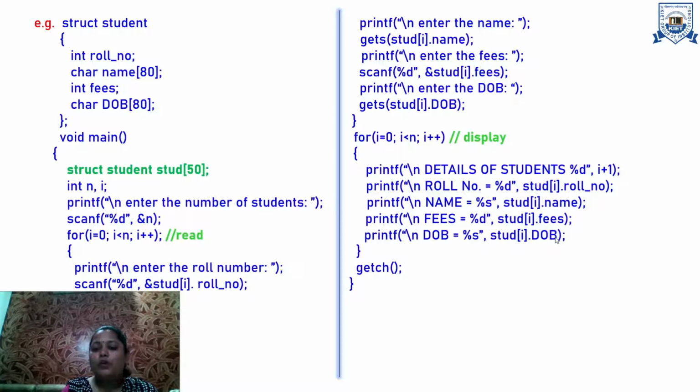Right? So if you want to define an array of structures, you have to use a loop for that. Okay, so this is a program to define an array of structures where we are storing, reading and displaying the information of 50 students. I can say the maximum we can store is 50 students' information, we can read the information and we can display the information. All right,